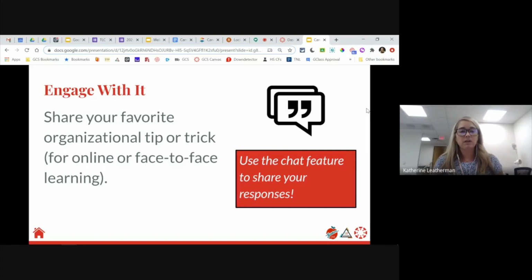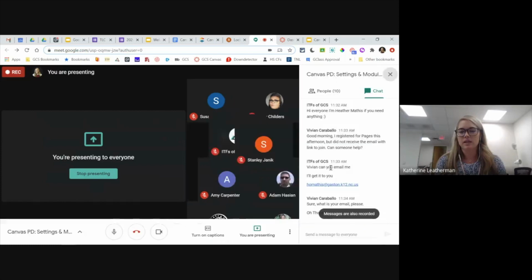I'll say my favorite organizational tip or trick, even though I love technology, I live by a notebook. It has pages in there. It's got my to-do list where I can check it off. So that's kind of my life is in that notebook. And I don't know what I would do without it. So I'm going to hop over here and we're going to see if we've